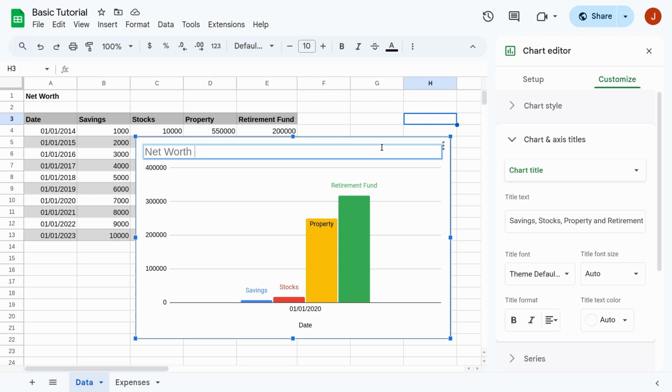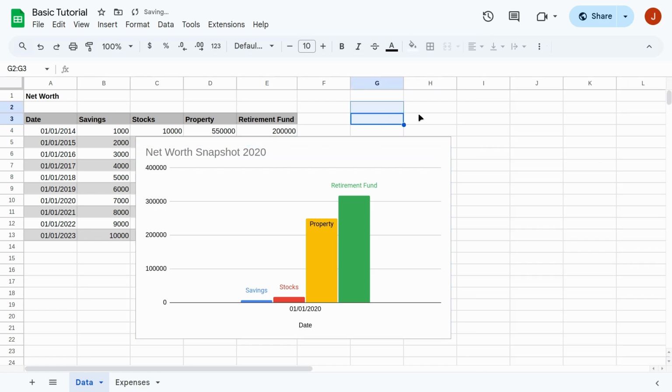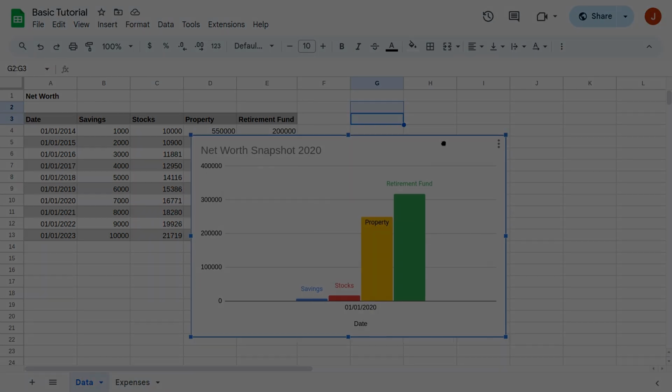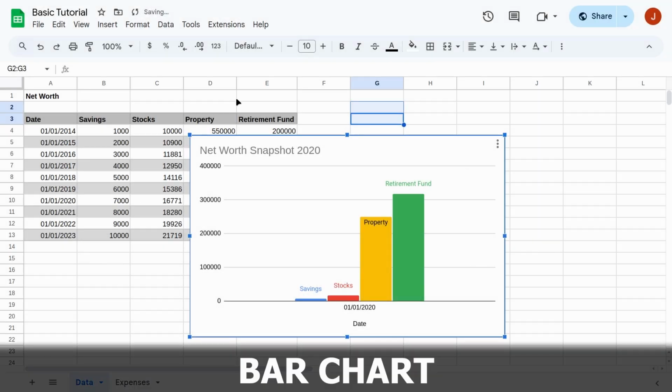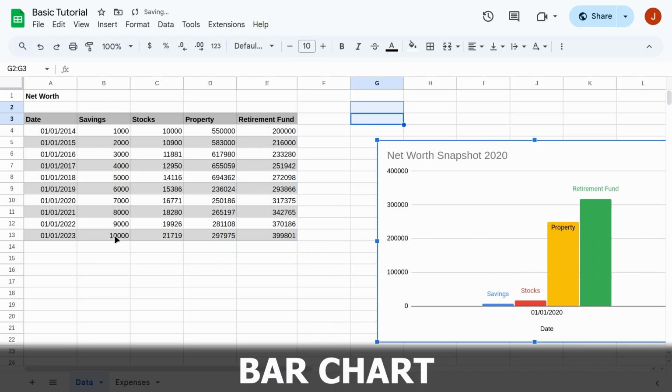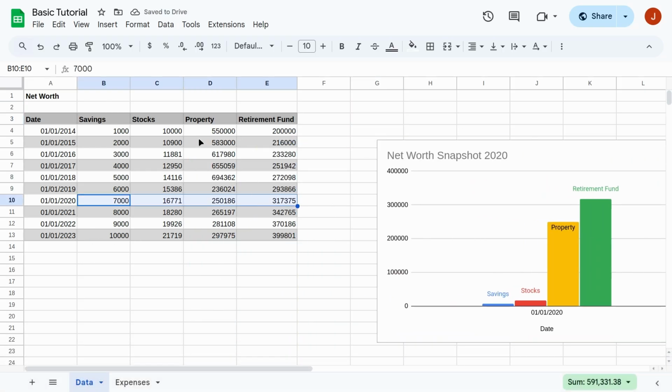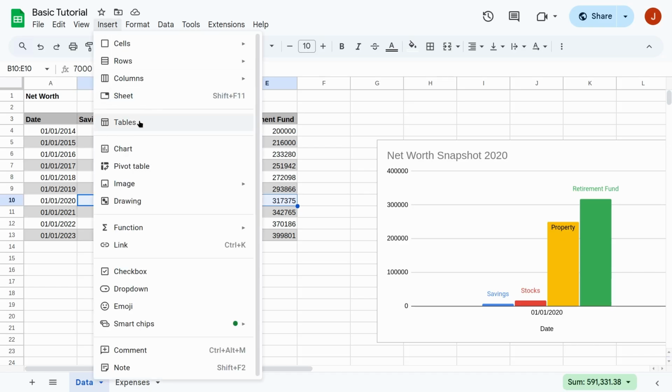Net worth snapshot, 2020. And there we go. Alright, so a bar chart, we can do the same sort of thing. We can select our year, perhaps we'll just do these 4 so that we're not getting that date involved. And we insert chart,